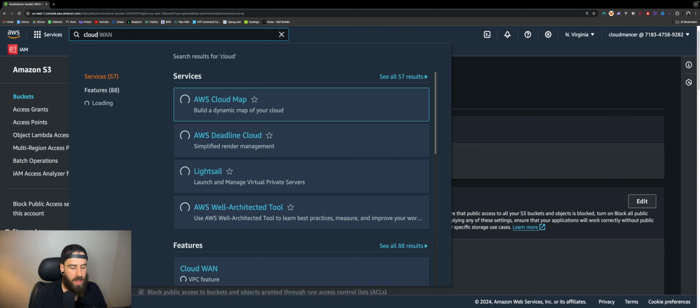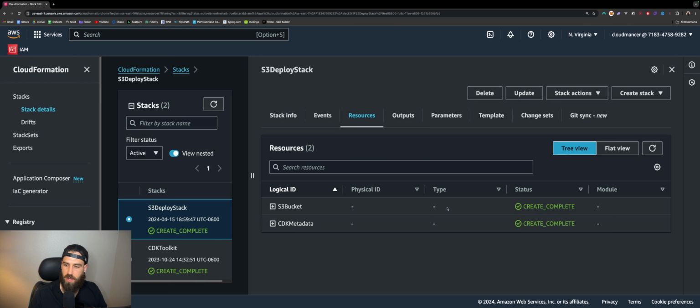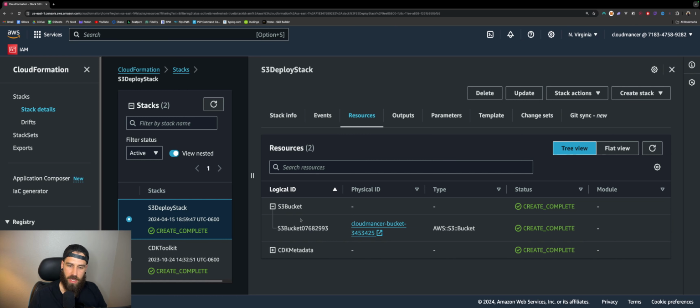Finally, I will show you CloudFormation here, and we can see that it's got this S3 bucket in it and it references that S3 bucket. Now with CloudFormation, we could just delete this stack because we opted to put the removal policy of destroy on the S3 bucket, and the bucket is also empty, which is another prerequisite for buckets to be destroyed either manually or by CloudFormation. We could go ahead and delete that stack here and it would delete all those resources.